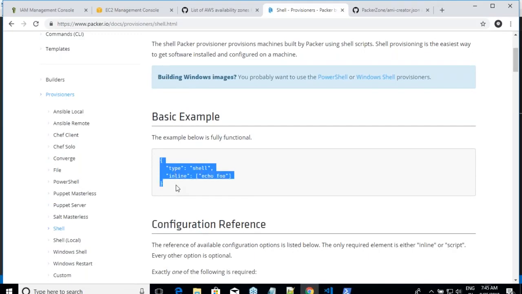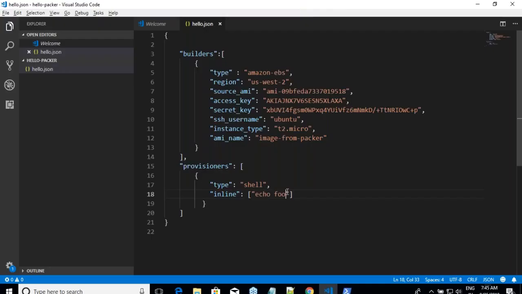I won't echo foo, but rather I'll just do sudo apt-get update, and my next command would be sudo apt-get install git tree, or whatever set of software you want, with -y.